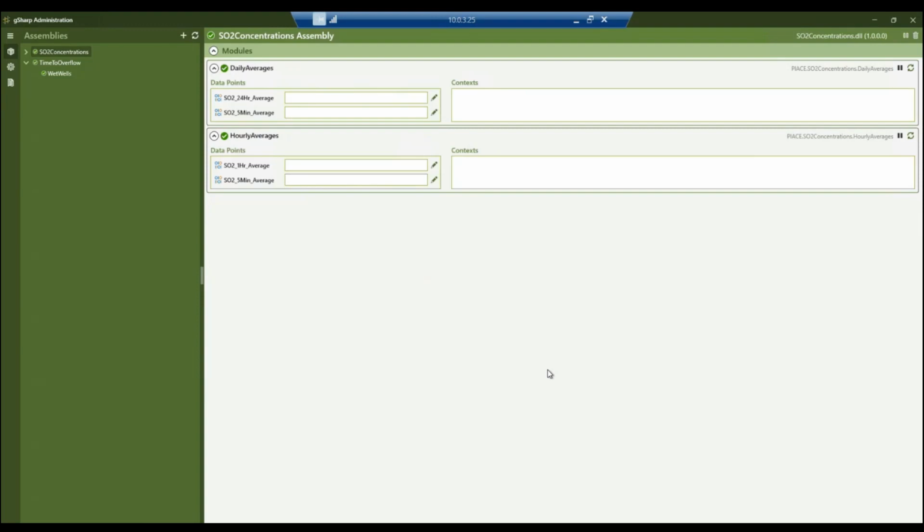And now there's a couple of things that I need to do to get this assembly running. The first is that in both the daily averages and the hourly averages module, gSharp has detected that there are 2 data points in each one of those. These are those PyAce points that we're working with. There's the 24-hour average concentration and the 5-minute average.